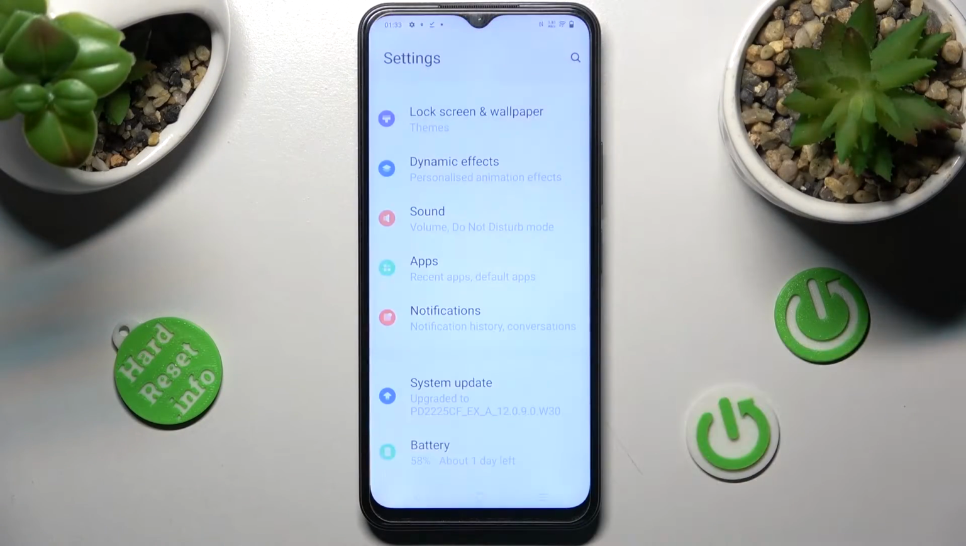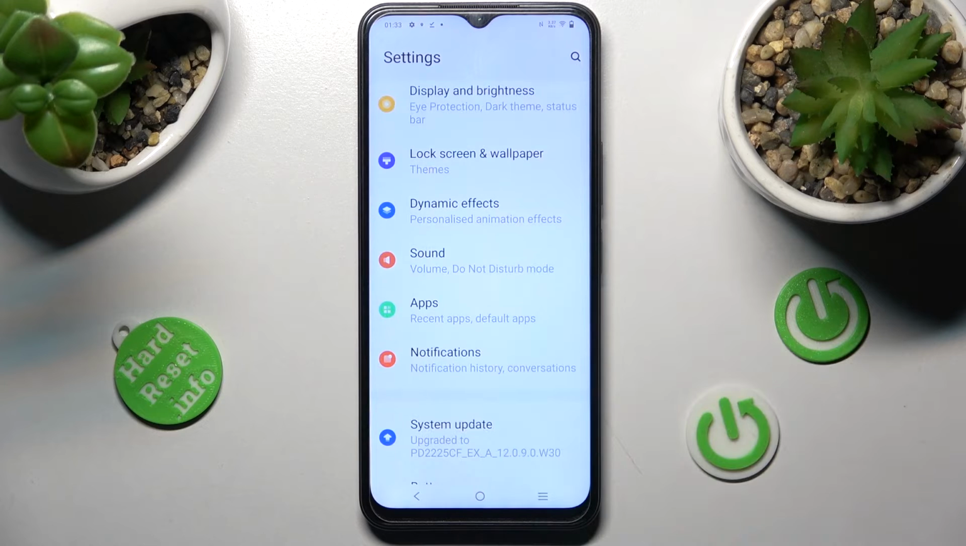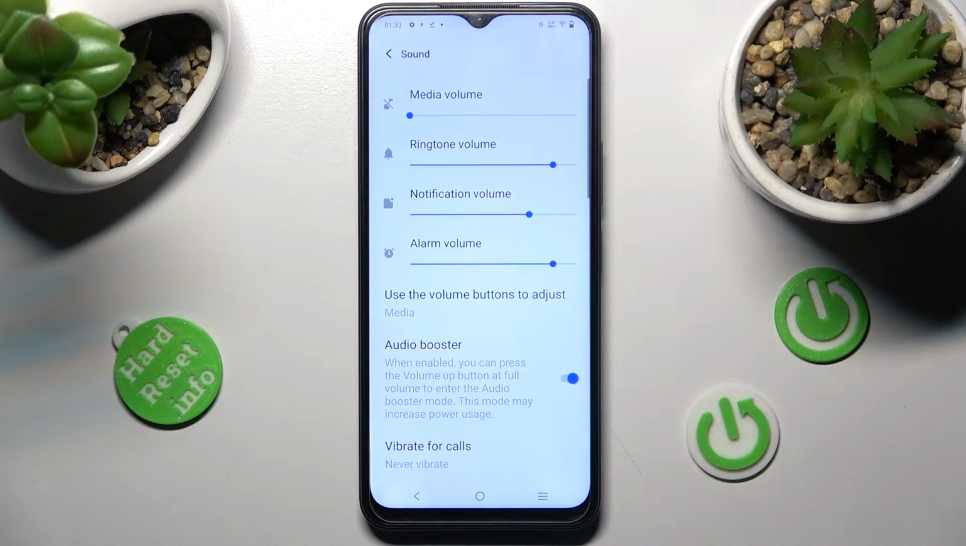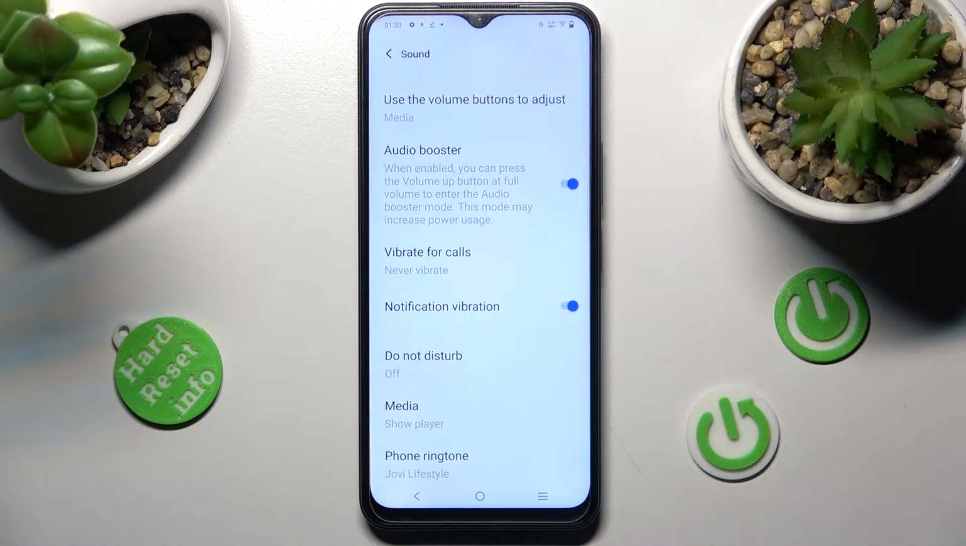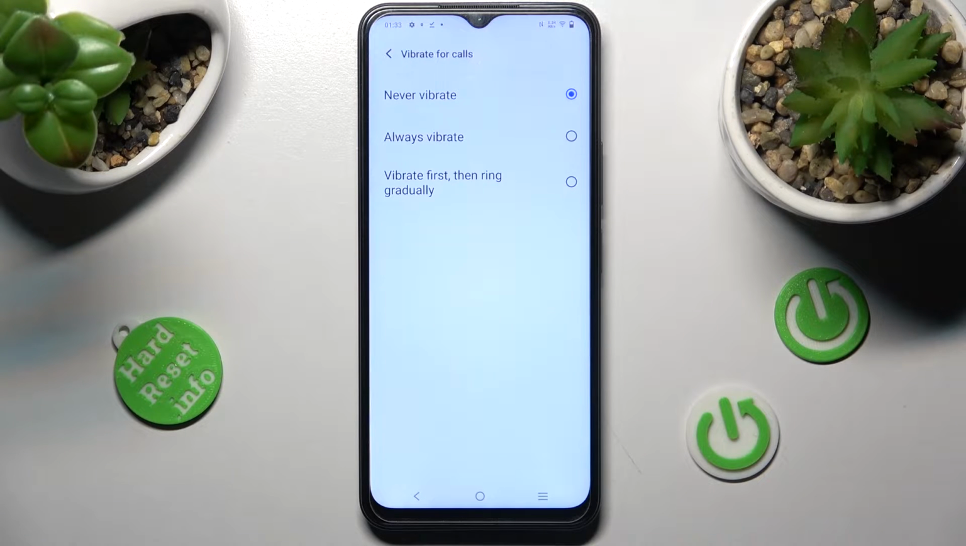First of all, go into Settings. Now you need to scroll down and tap on Sound section. Then scroll down again, tap on Vibrate Vocals and select one of those options to set up the best one